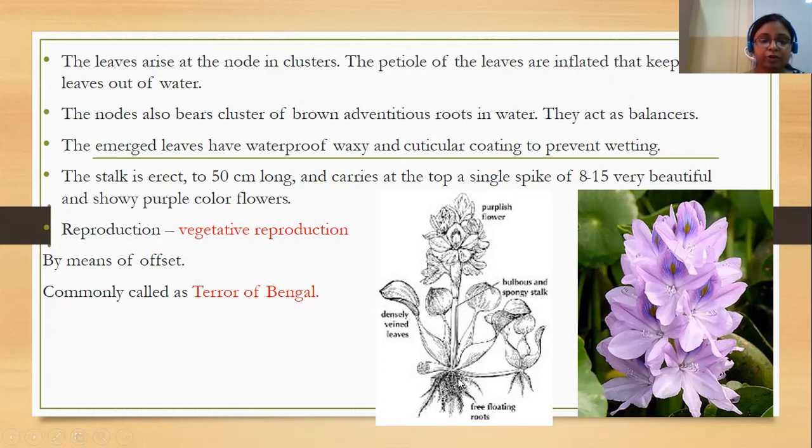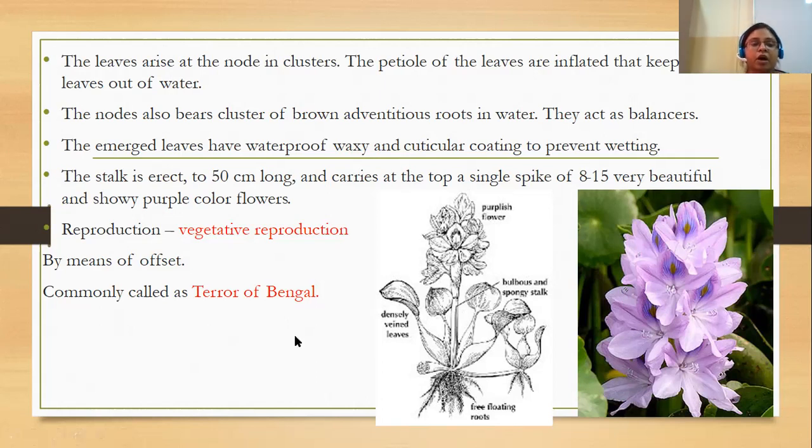It will develop adventitious roots on its below side, and on the top of it at the nodes it will bear numerous leaves. So in this way it vegetatively propagates itself, and in a very short span of time you will see a large number of these plants growing in the ponds,